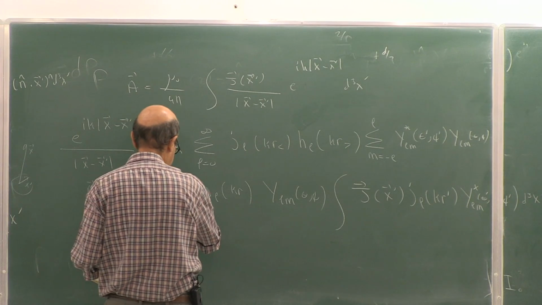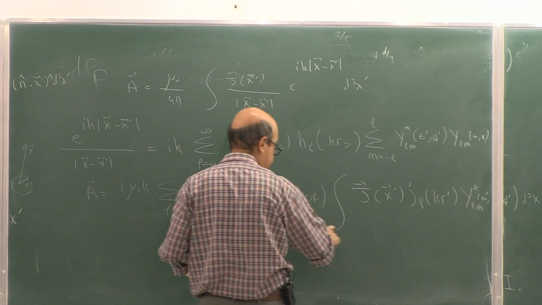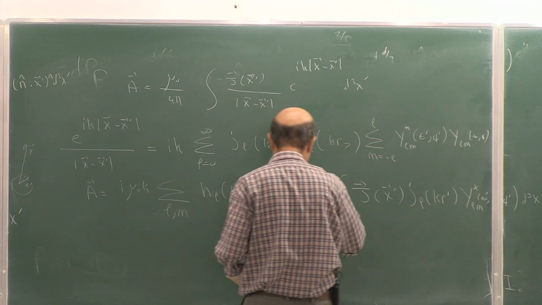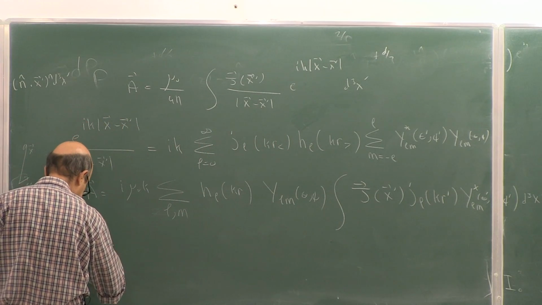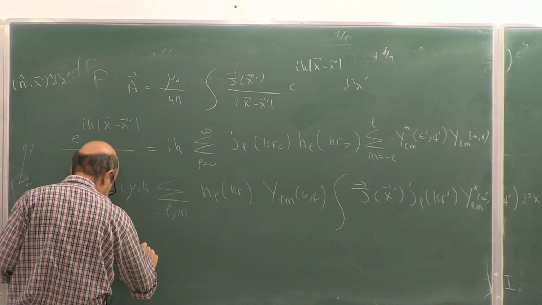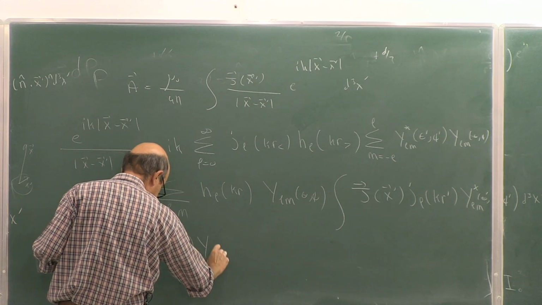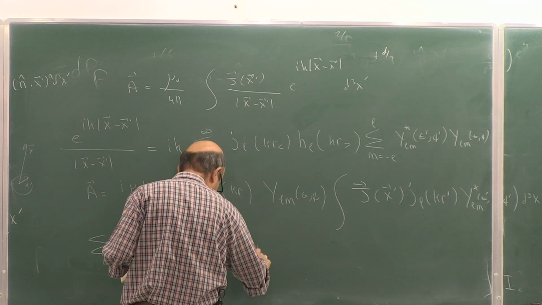You have a summation over L and M. You know one tool: if you sum Y_LM(theta, phi) times Y_LM complex conjugate (theta prime, phi prime) over M,